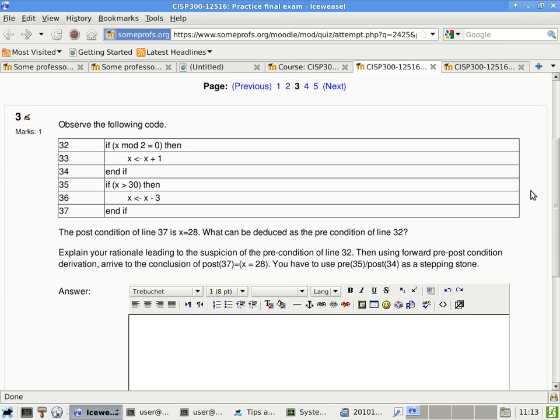The other way to simplify that is to use the distributive law of Boolean algebra, which we haven't talked about in the class, so I can't really use that as a rationale. So using the same rationale, at this point here, if we simplify this whole thing, it simply means that x equals 31 on one side, and on the other side, if we simplify this whole thing, what can we say? Well, x mod 2 equals 0 means that x has to be even, and you look at the other side, only one choice is even. So that means you can